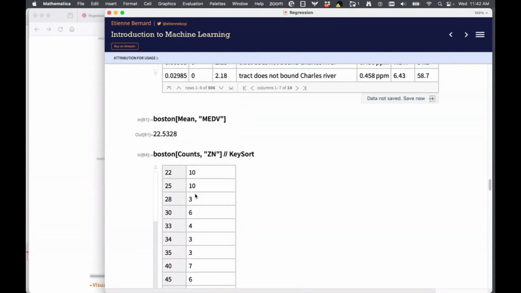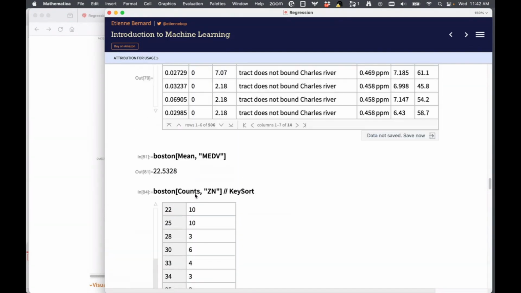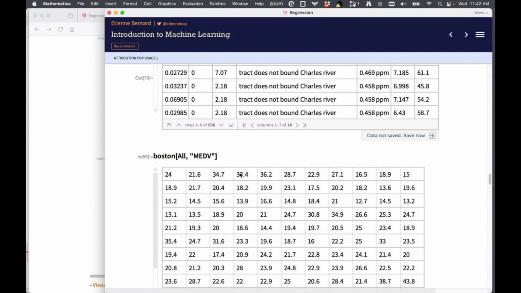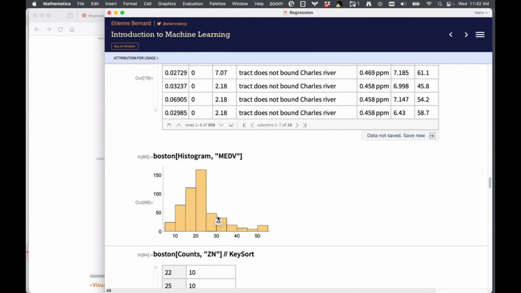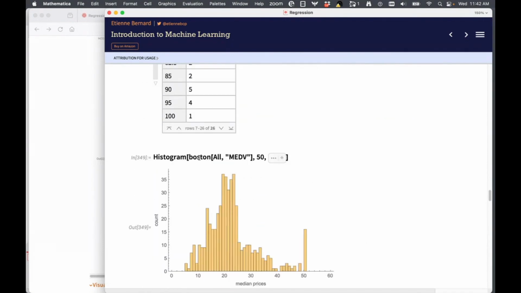Okay, and so I can also do something like, so let's see here, I would have gotten all the values for the median home value for this column. Instead of all, I can actually put in histogram, and it will come up with a histogram of the values from that column. So this is one way of doing things. The other way is where you just bring in the data and then feed it into histogram as you would do for a list of values or things like that. So here we can just get all the values for that column MEDV and put it into histogram.